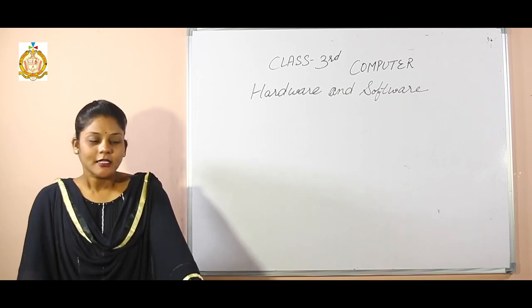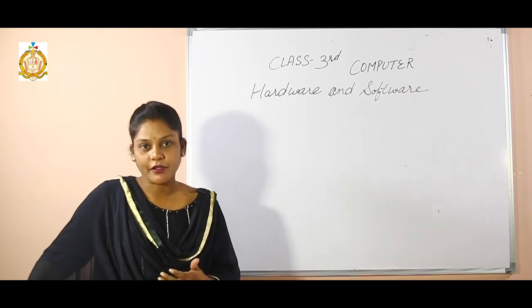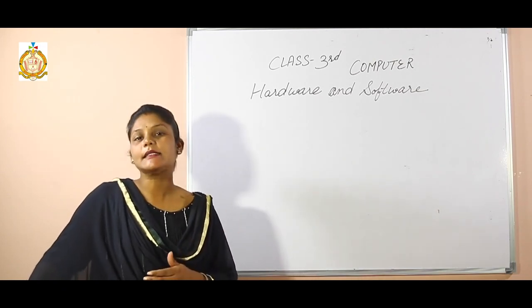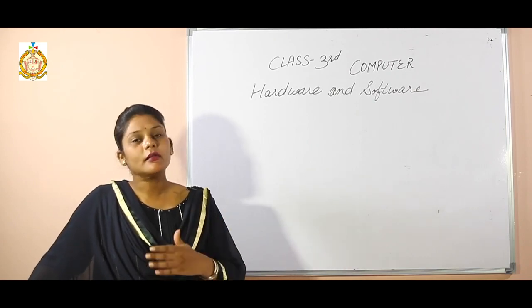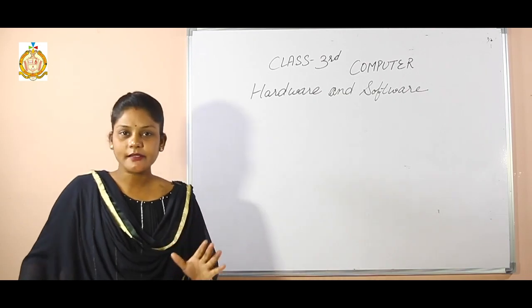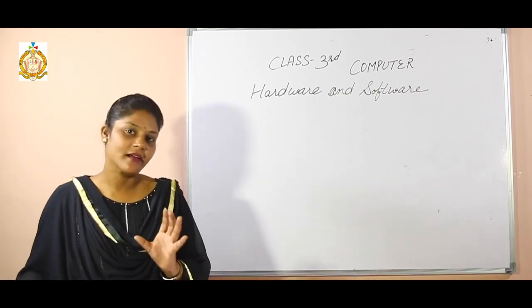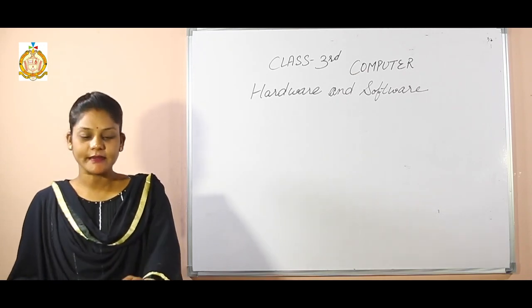Clear? So first is hardware, that is the physical component of the computer, and second thing is system unit, that is also called the control unit, and all those things exist in your CPU. Got it? That is 2 points. I am clear with you. So our next point is input devices.